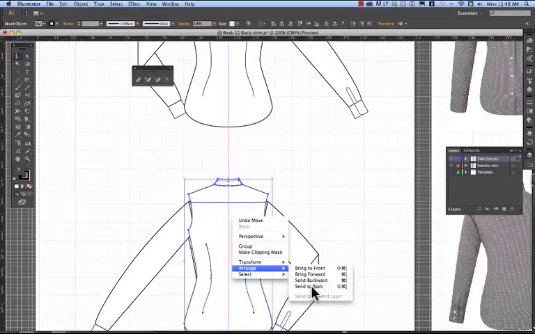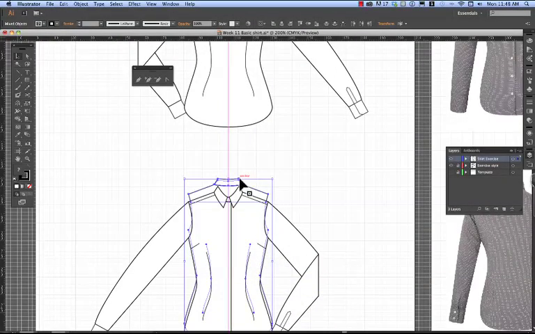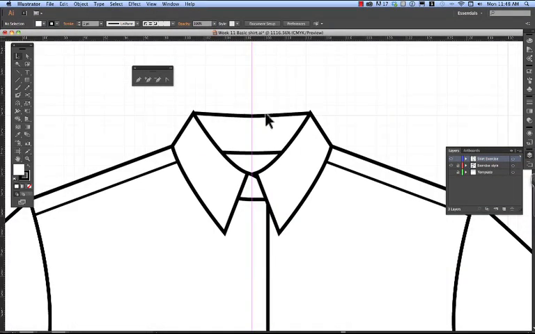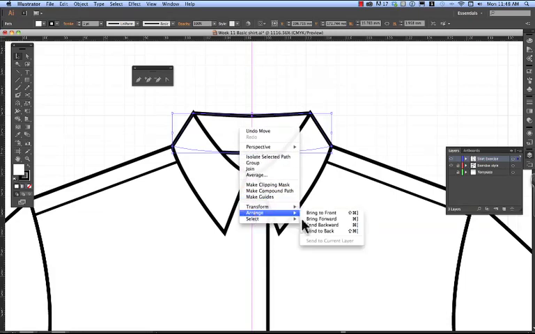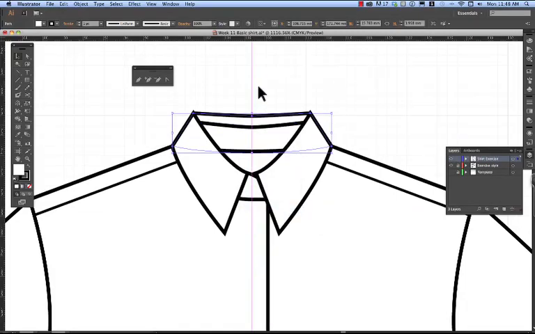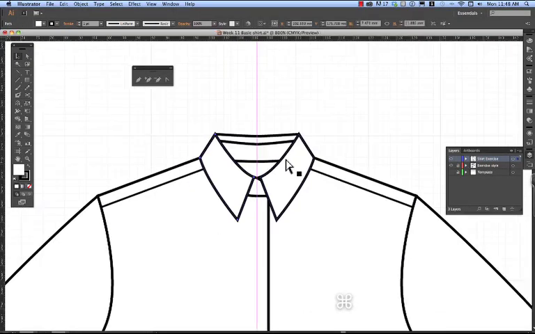arrange, send to back, and I can line the back collar up with the other back collar. So now we can see that it's completely in line over there. The only thing left to do is to send that to the back. Arrange, send to back. And there you have your collar fall and your collar stand. Remember these pointy bits over there? I'm actually going to select everything